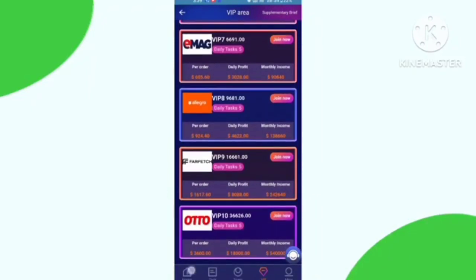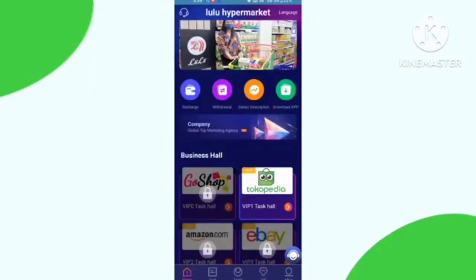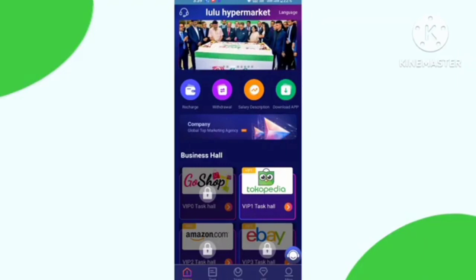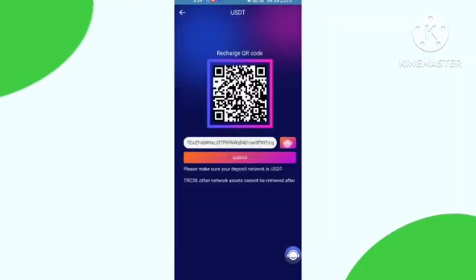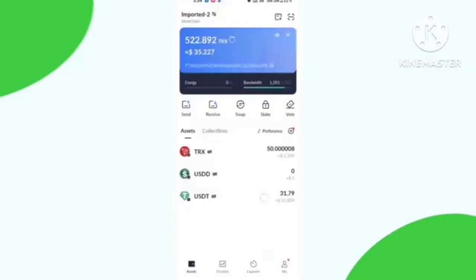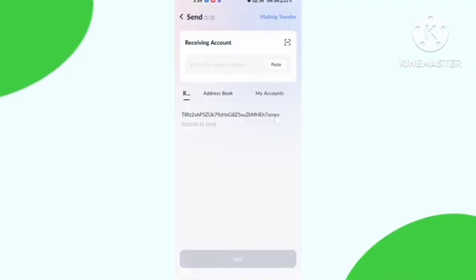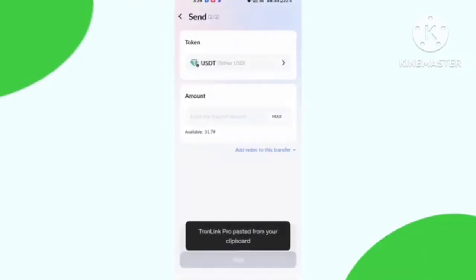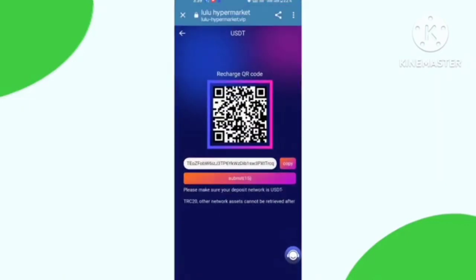So guys, now know about the recharge price. How to recharge? So you click the recharge button, then copy this address and go to your cryptocurrency wallet. So guys, this is my wallet. So you need to click the USD button, send button, paste the address and click the next button and fill up your rechargeable amount. After recharge is done, you need to click the submit button, and here you can see my